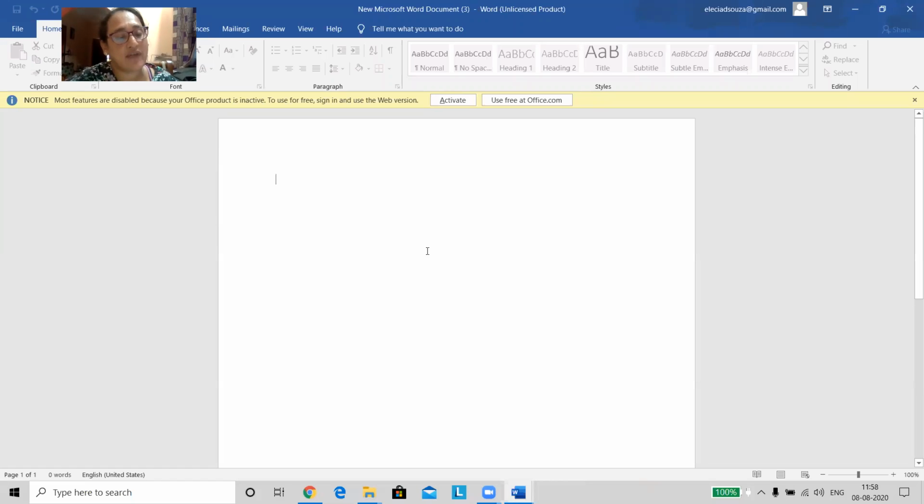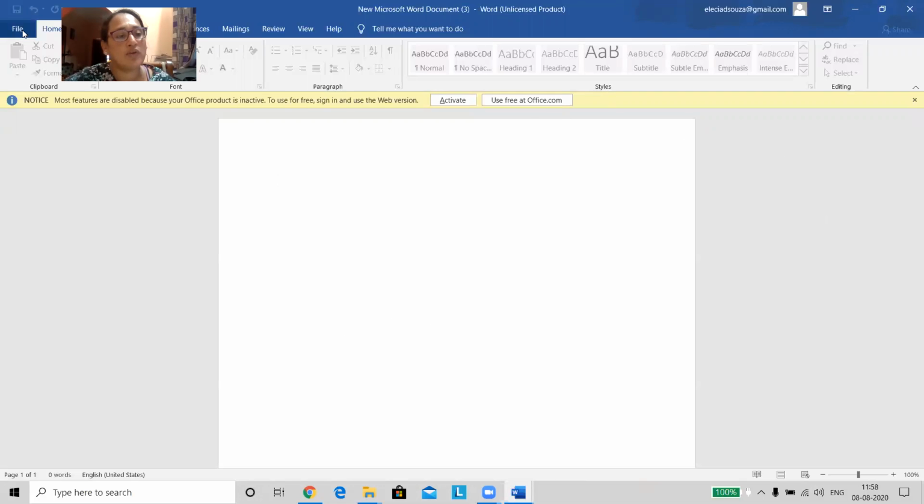Now, what is the meaning of application window and what is the meaning of document window? Can you see the white place here? This is the document window. And can you see this gray color here? This is called the application window. Now, when the document window is open, the application window is always behind the document window.